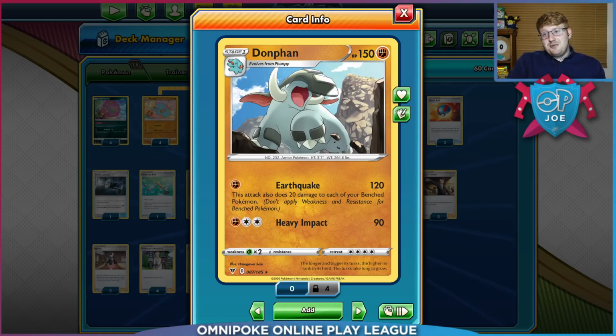For today's video, we are going to be going over another interesting one prize deck from Vivid Voltage. Seems like there's a ton of them. This time with Donphan and the obvious partner of Spiritomb. Thanks to Earthquake dealing damage to your own bench, you can turn that downside into a nice upside to speed up the process of ramping your Spiritomb's Anguish Cry into really good damage output,